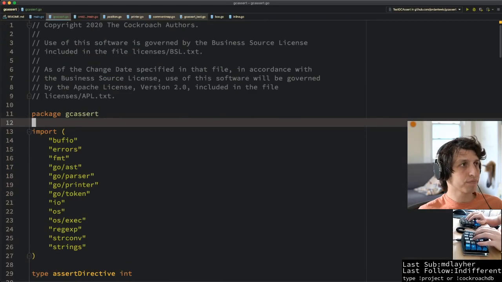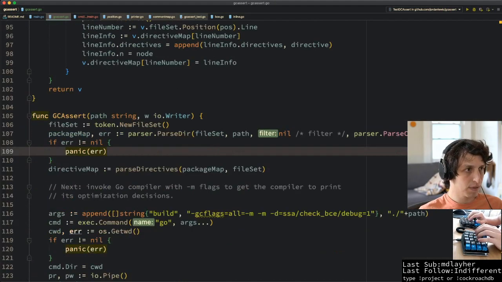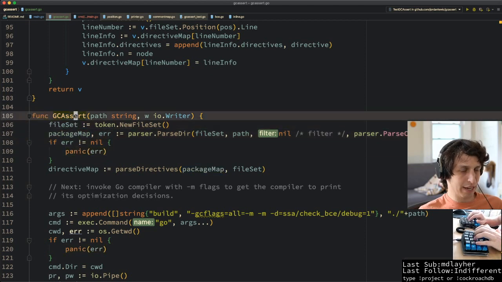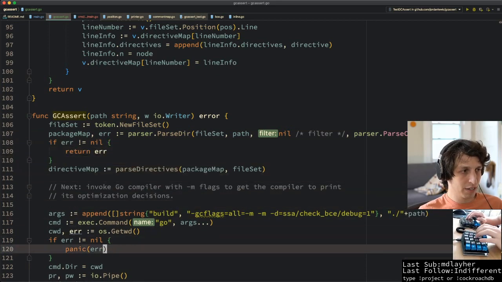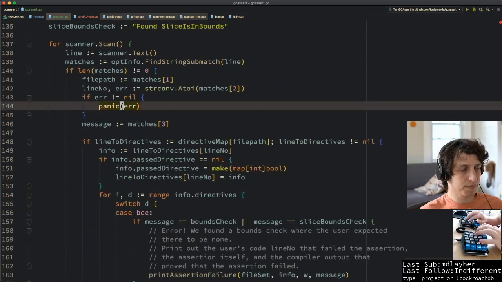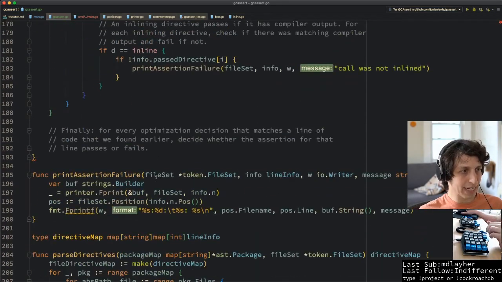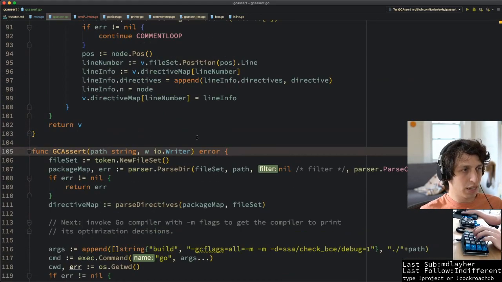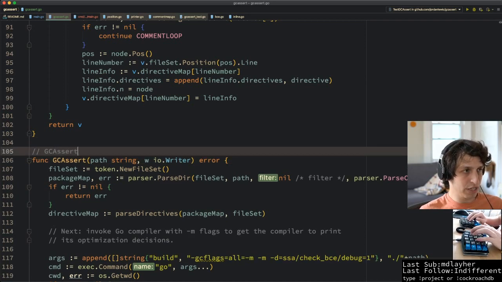Line 12. Wait, what? gcassert line 109. So let's make this thing return an error, shall we? Let's not panic everywhere. Let's fix this up. So we'll return error, return error. No more panics. Panics are done. We can get rid of this thing. Let's make a doc comment for this. So gcassert searches through the package